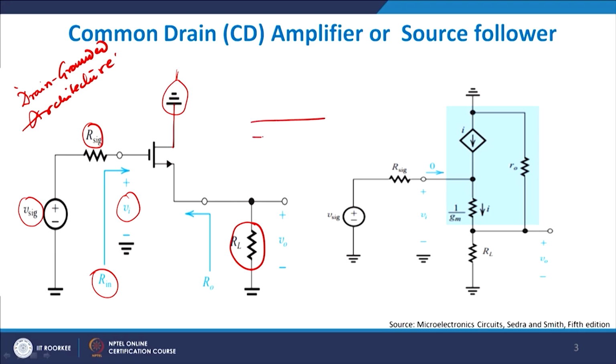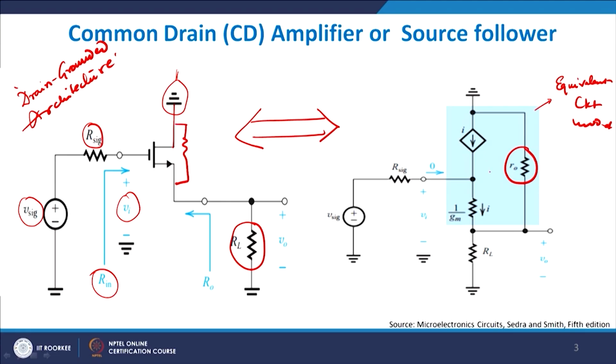So, if you do a small signal analysis and maybe replace it by a T model, then let us see how it works out. If you see very carefully, this blue box is my equivalent circuit model, and I will explain how we got it. First of all, this RO is between this point and this point, and this primarily comes out because of CLM, channel length modulation. I was assuming that my output impedance is infinitely large, which is not true; there will be a finite impedance available between the drain